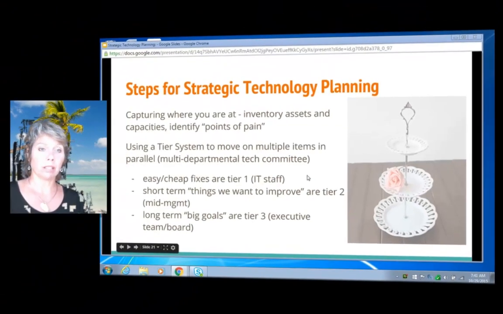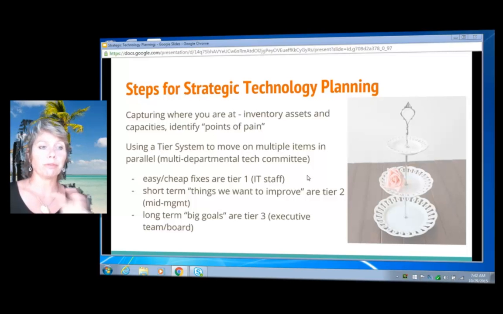And I'm back. So now we're going to talk a little bit about strategic technology planning. And I'm just going to do a broad brush overview of technology planning. There are obviously a lot more steps than what we're going to cover here, but just to move us forward